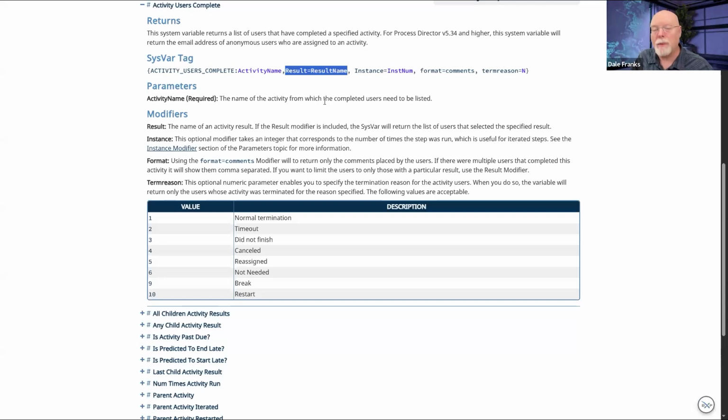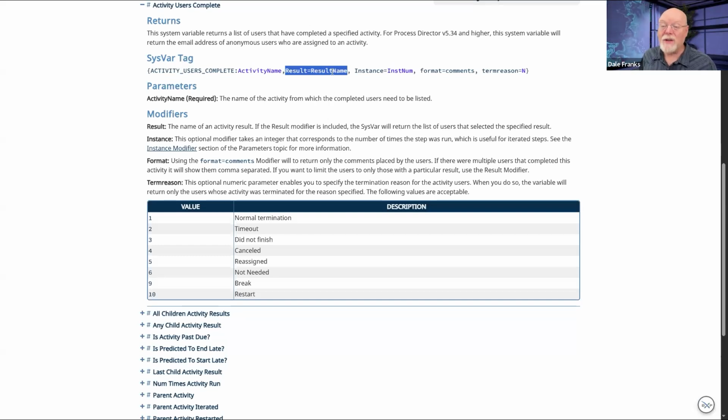Somebody can't deny your request without leaving a comment. But what if you have multiple people assigned and 3 of the people approve it and they leave comments, but only 1 person denied it? And of course, they were required to leave a comment, so they did. When you run your knowledge view, you may simply not care about the comments for people who approved the activity when they were completing their task. You really only care about the deny result for that task.